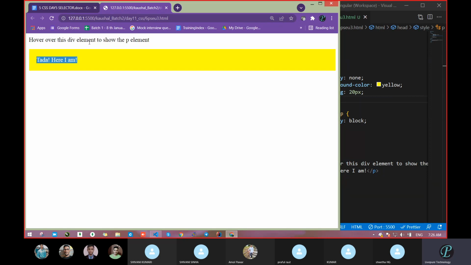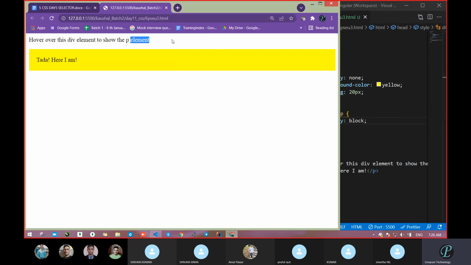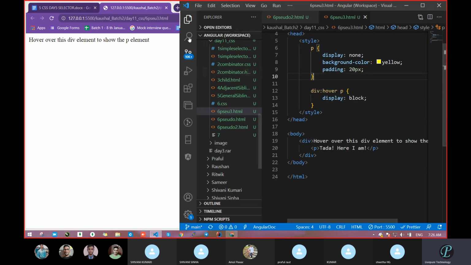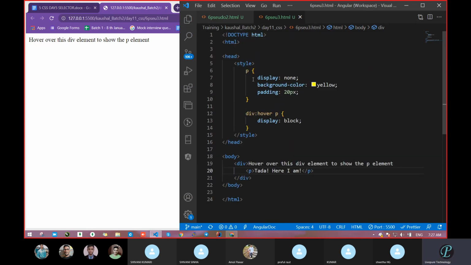By default nothing, because what we had done, we had taken one paragraph. On this paragraph I was trying to do this thing. So the div is on the top, and inside the div we had taken one p tag. But by default the p tag is hidden because we used one property, display none. I think we had seen this display none, or if you have not seen, then you can look over here. With the help of display none, we can hide any element. One more property will come, there we will see the difference between both.